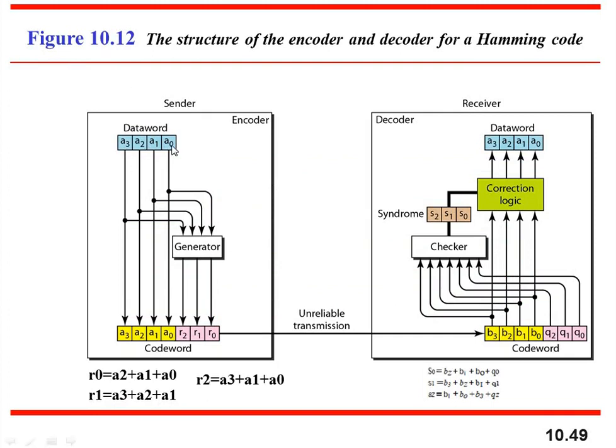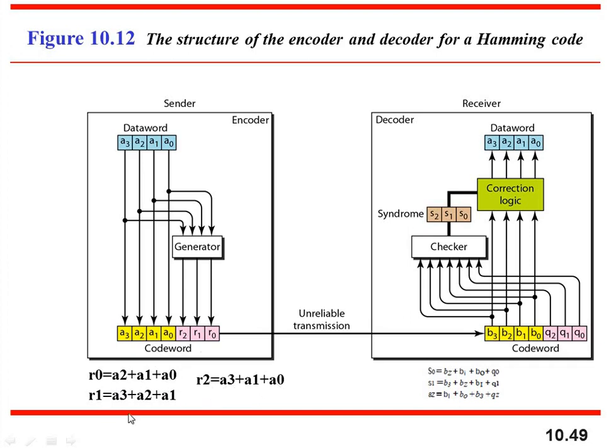So you can see that these are the bits. So encoder A0, A2, A1, A0. These are taken as they are, and the generator will generate R2, R1 and R0, but the R0 combination is achieved from A2, A1 and A0. So first these least significant bits are added together to generate R0. For R1, A1, A2 and A3 are added together, and for R2, A1, A0 and A3 are added to get R2. So this is how you can generate the R0, R1 and R2 combination.